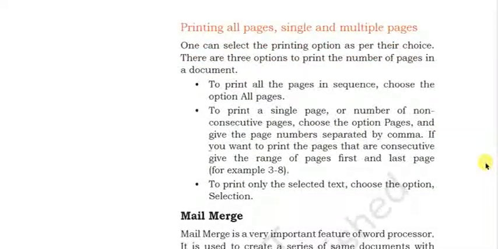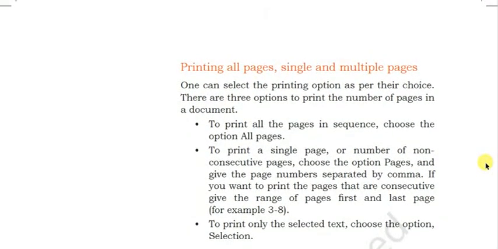Then you have the option for printing all the pages, single and multiple pages. To print all the pages, you can just choose the options all pages. If you want to print a single page, you can give the number of that page. You can also give a range like 3 to 8. Okay.